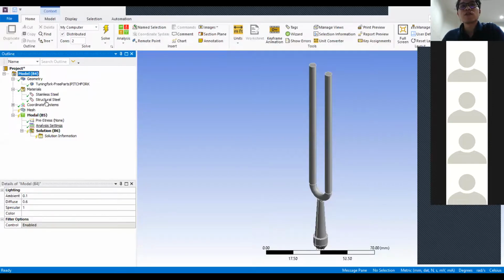Okay, the pitchfork is already imported in the modeler. So for the material, you expand the material option and you see the stainless steel or structural steel, right? If you want to assign the structural or stainless steel, you